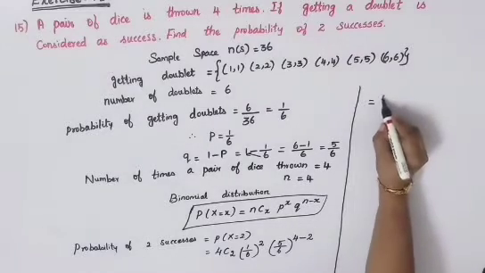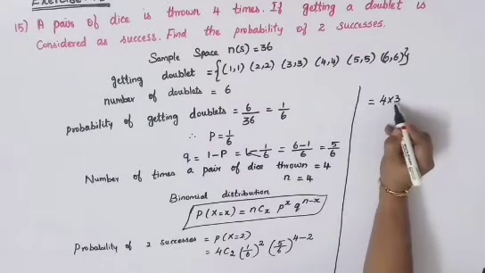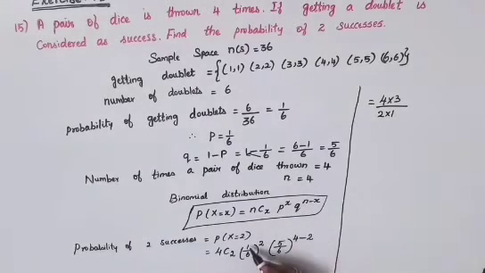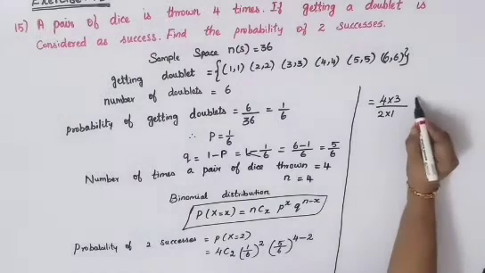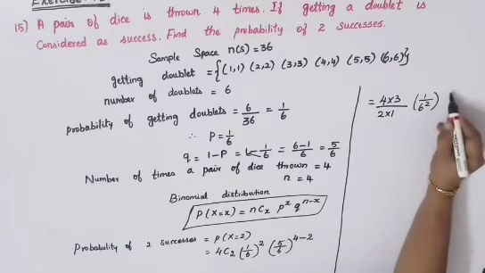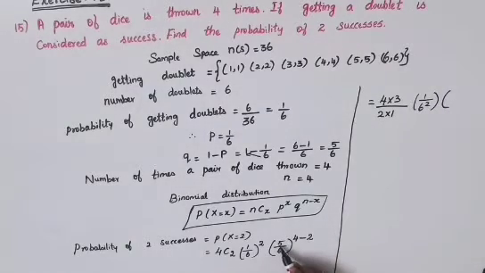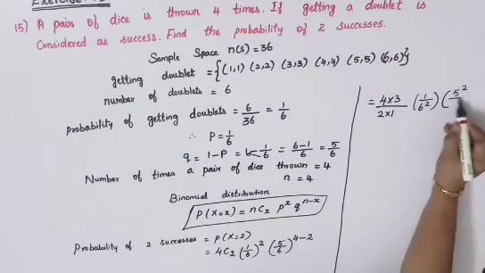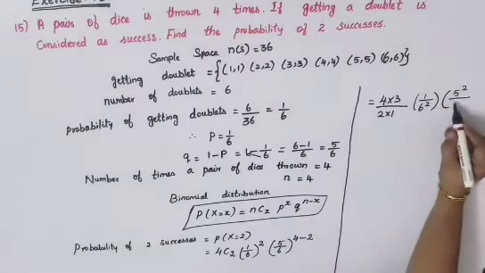Let's go to the combination: 4 into 3 divided by 2 into 1, this is 1 by 6 whole squared, into 5 power 4 minus 2, so you'll get 5 squared divided by 6 power 2,